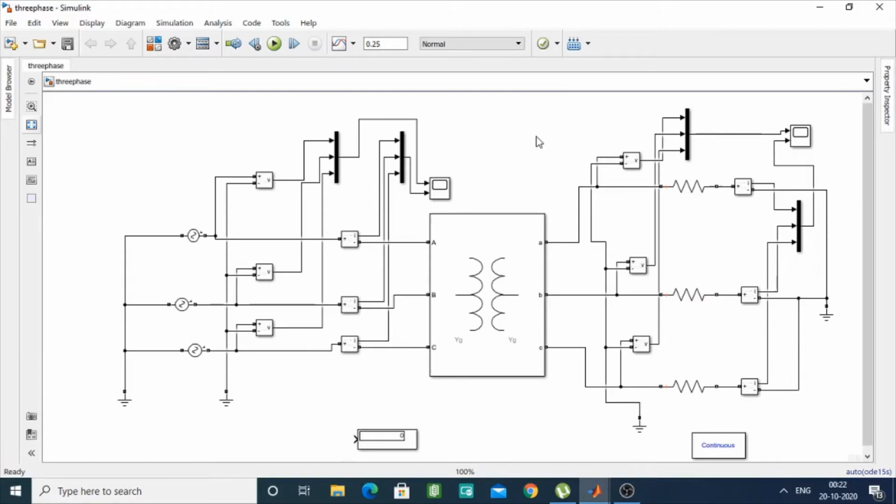A three-phase system can be constructed using three individual identical single-phase transformers, and such a three-phase transformer is known as the bank of three transformers. On the other hand, the three-phase transformer can be built on a single core. The winding of a transformer can be connected in either delta or Y configurations.